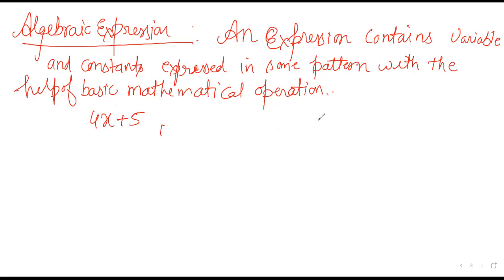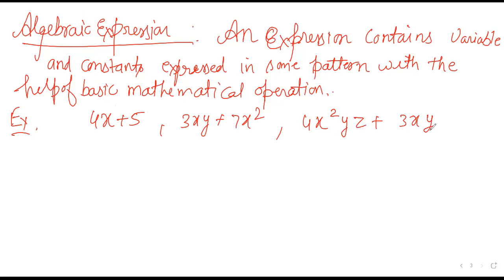Example: 4x plus 5, 3xy plus 7x square. These are algebraic expressions. 4x power 2 yz plus 3xy upon z, you can say, means the variables can also be in the denominators in an algebraic expression. And 4 is also an algebraic expression, you can say that,